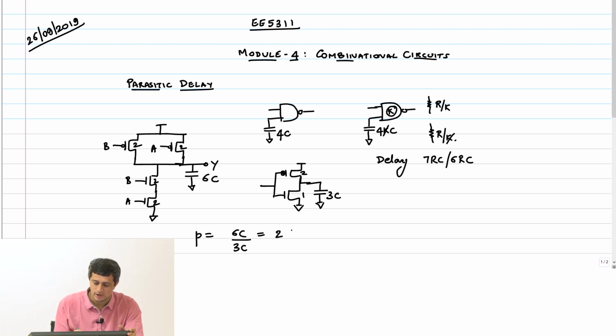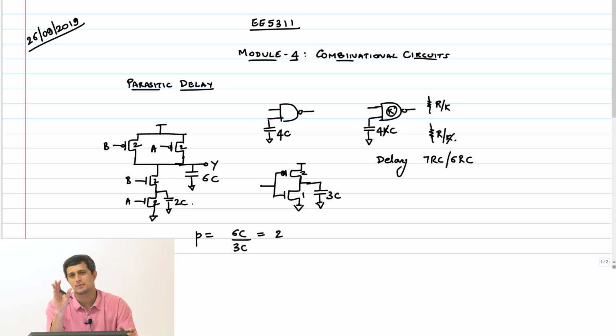What are we leaving out here? We are leaving out this 2C effect, which is what made it 7C earlier, when we did all the calculations. But I'm not saying that is negligible. I'm saying it doesn't matter in light of what we are going to do in a couple of classes, which you will see. So don't get carried away with parasitic delay too much, because it is independent of gate sizing. That's the key thing that I want to convey here.